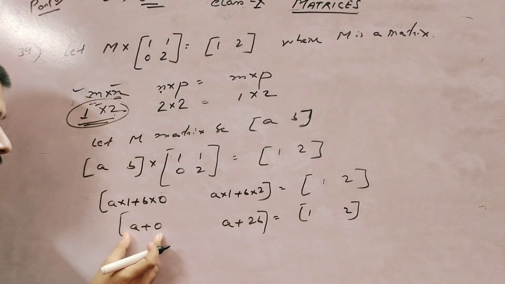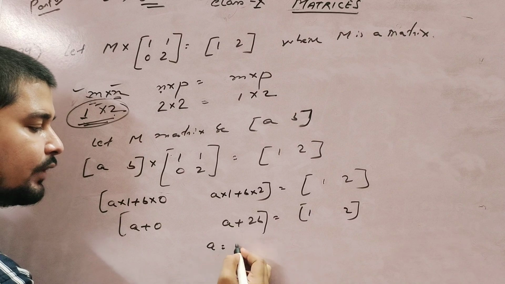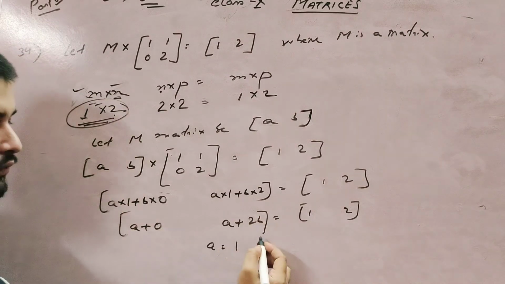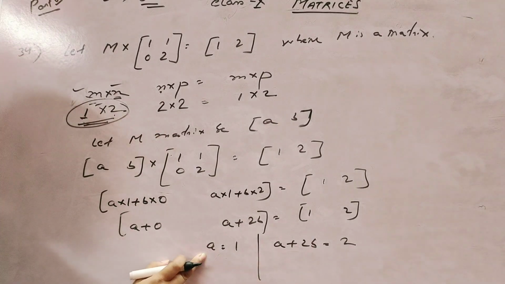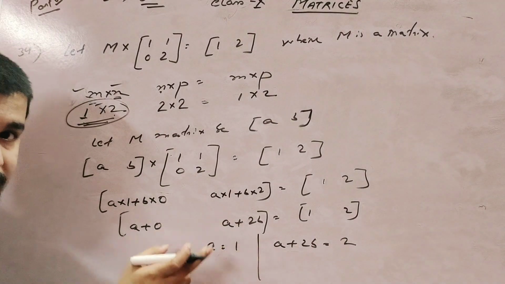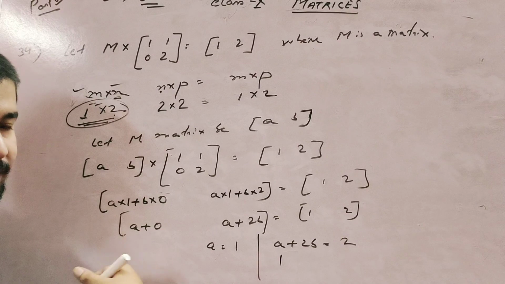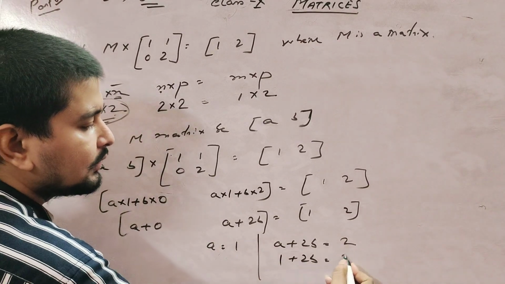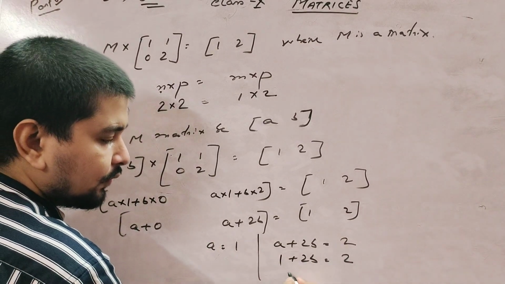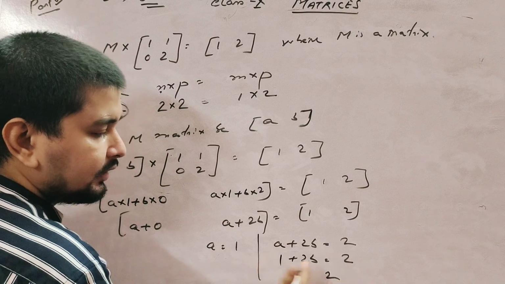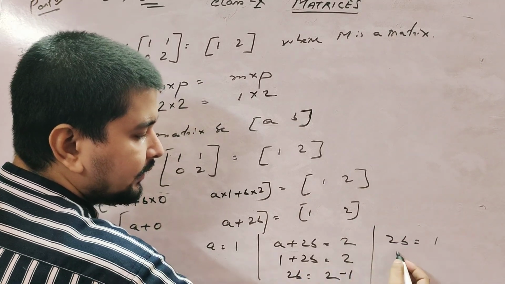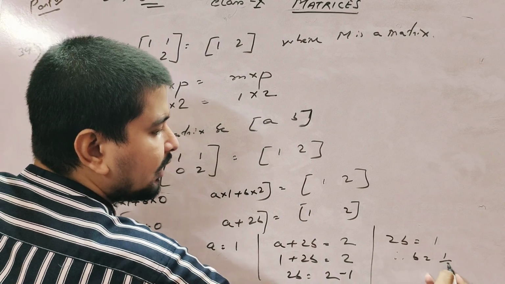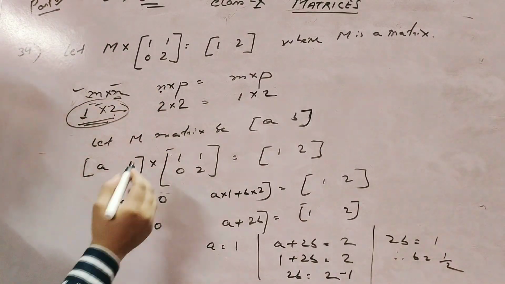So that means A equals 1, and A plus 2B equals 2. We already get the value of A is 1, so putting the value of A as 1, 2B equals 2. So 2B, 2, this one going this side is minus 1, therefore 2B equals 1, therefore B equals 1 upon 2. So your matrix M is